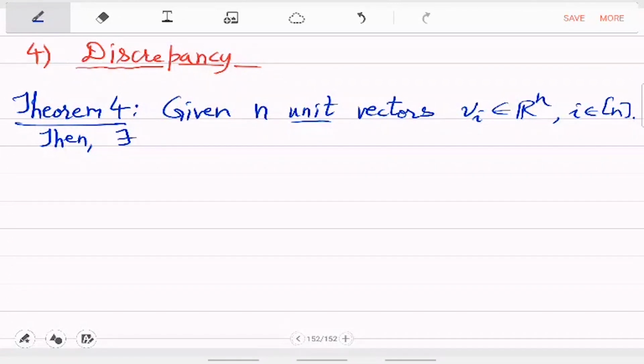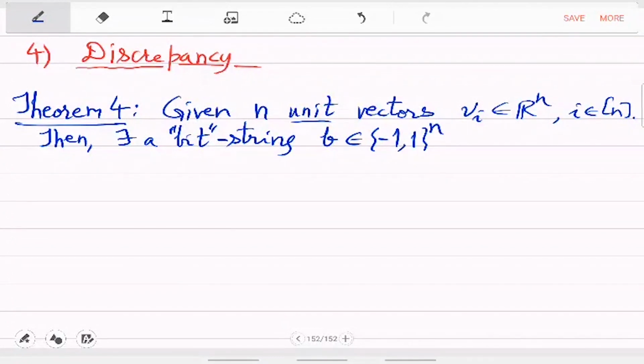Then there exists a bit string. I call it a bit string, but it's actually plus 1, minus 1 coordinates. So there exists a vector B, let me also call this a binary vector,